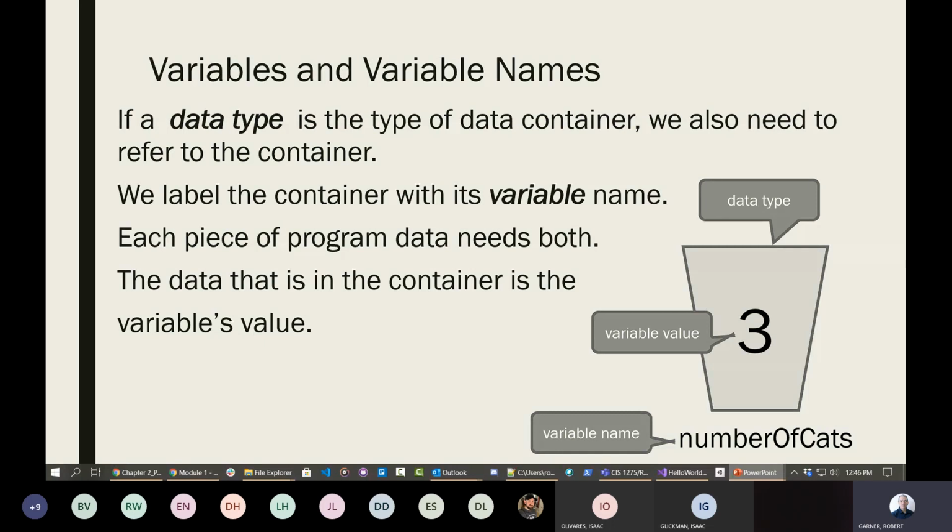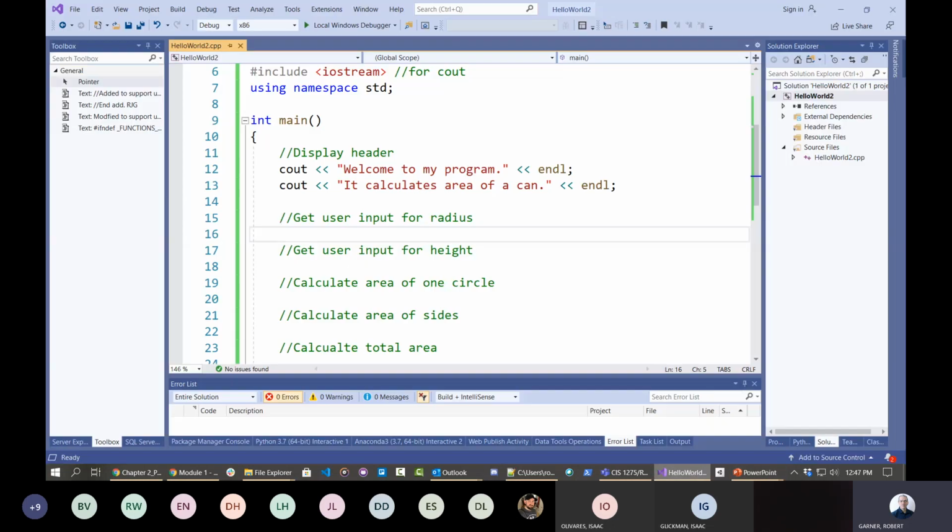In order to declare a variable to store that information, we need three things: the data type, the value that we're going to store in that variable, and then a name for that variable. So here, for example,